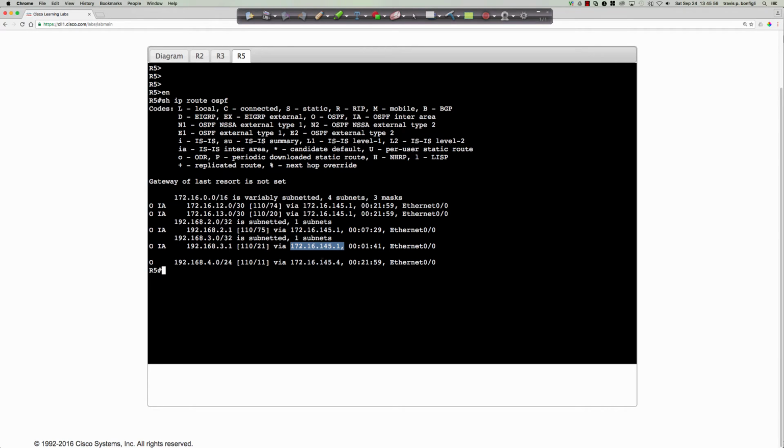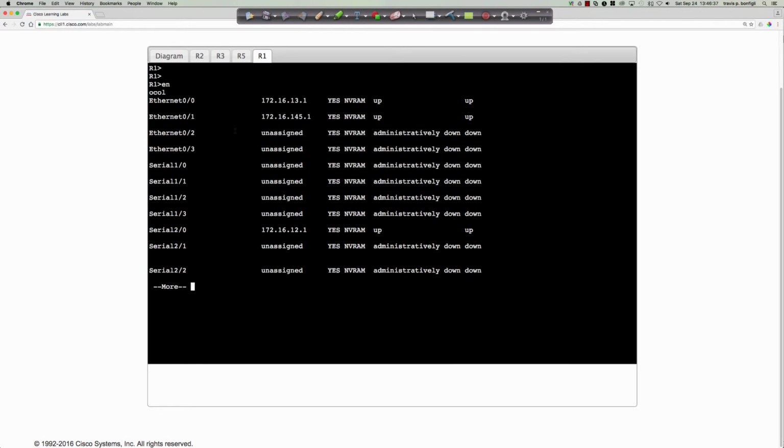172.16.145.1. Well, remember I said that every area has to have a link state database that's identical. Well, router 5 is only keeping a link state database for area 0. It's the job of the area border router, router 1, to then send in the information that it's learning from the other areas. Example is this prefix right here. So all that router 5 knows is I need to go to